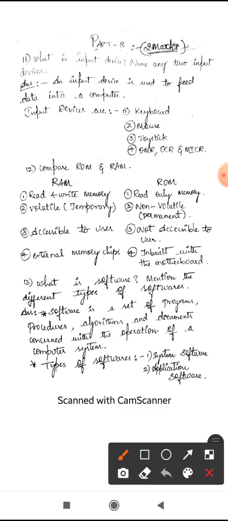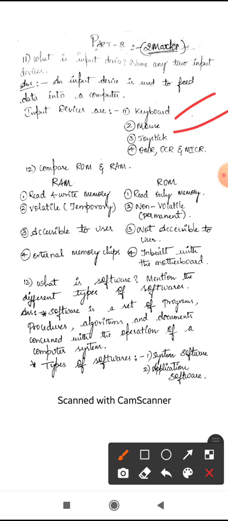Generally all of you will be knowing, right? The major input devices we use are keyboard and mouse, is it right? Apart from that, joystick will be there, OMR, OCR and then MICR will be there.